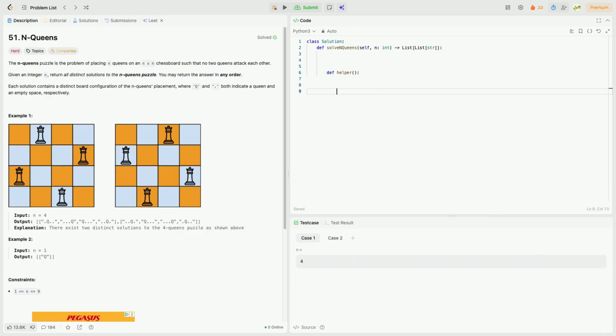we need some kind of a function to do backtracking if we want to do it recursively. We need to call that function. We need to return a result at the end. Let's see, result equals an empty list. And yeah, well, we probably should tell it which position to try, right? So